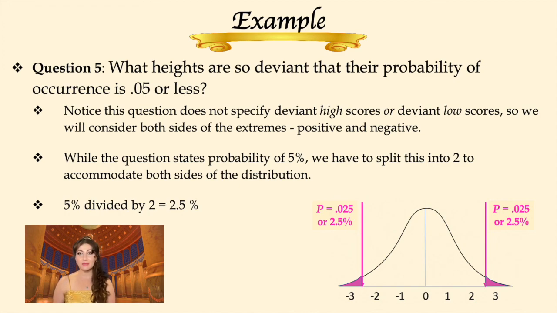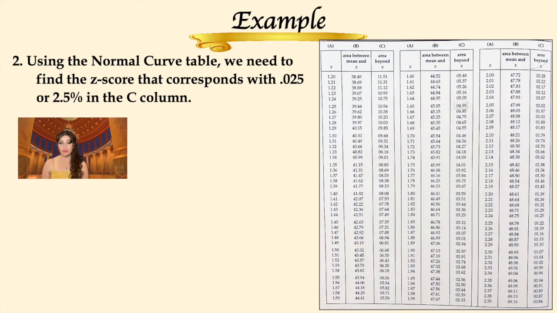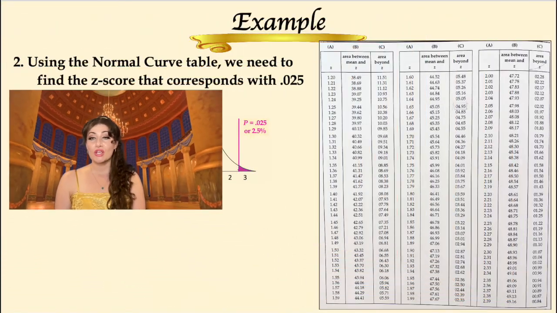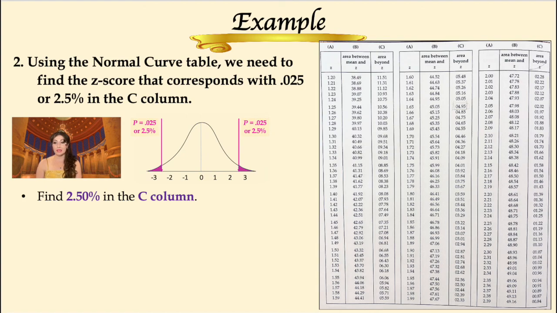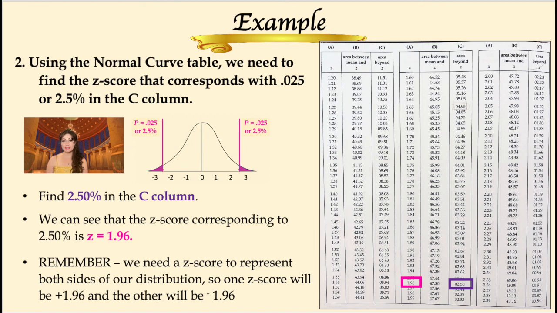In this case, because we are given a percentage instead of a raw score, we know that we're going to use the normal curve table to find the z-score that's associated with 2.5%. Another way of saying 2.5% is 0.025. Looking at this chart, because we know that the area we are interested in is away from the mean, the area beyond z, we know that we're going to be looking in the C column. So what we need to do is find the closest value to 2.50% in the C column. Once we do that, we can see that the z-score that corresponds to 2.5% is